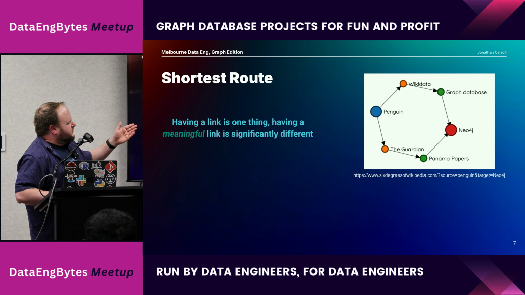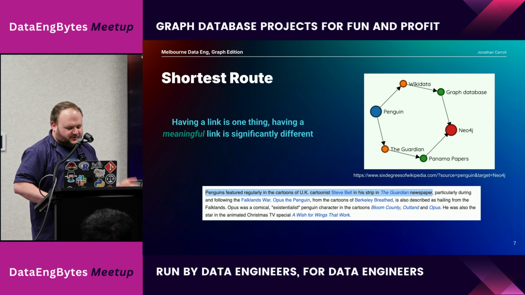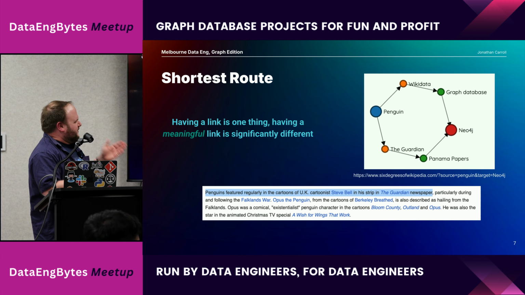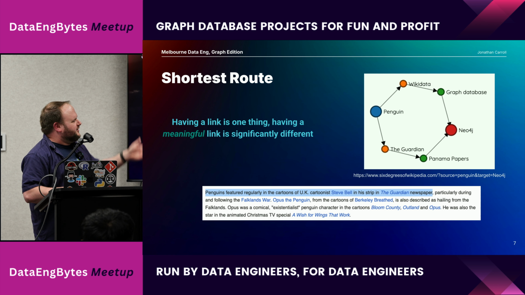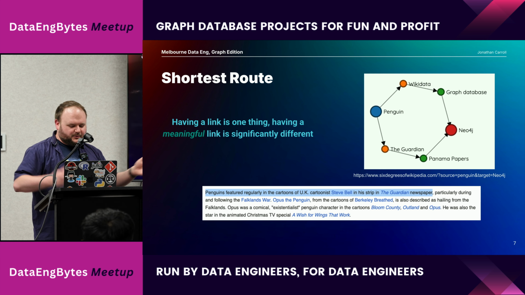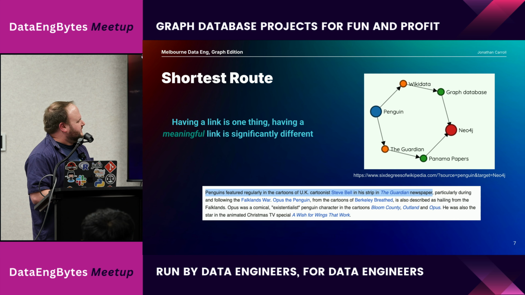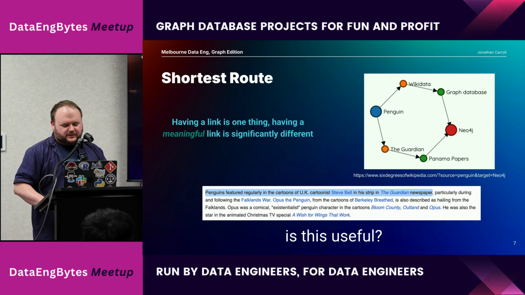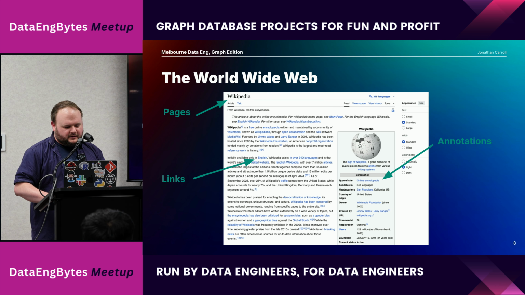But you can also go Penguin to The Guardian, because of course you can. There was a cartoon in The Guardian that included a penguin. So there's a link from the Penguin article to The Guardian. Now, The Guardian released the article on the Panama Papers, which you can analyze in Neo4j. So that bit of the connection makes sense. But Penguin to Neo4j is just 3 steps. And again, is this useful? My whole point over all of this is that there's a reason we have those links, and it's sort of lost.